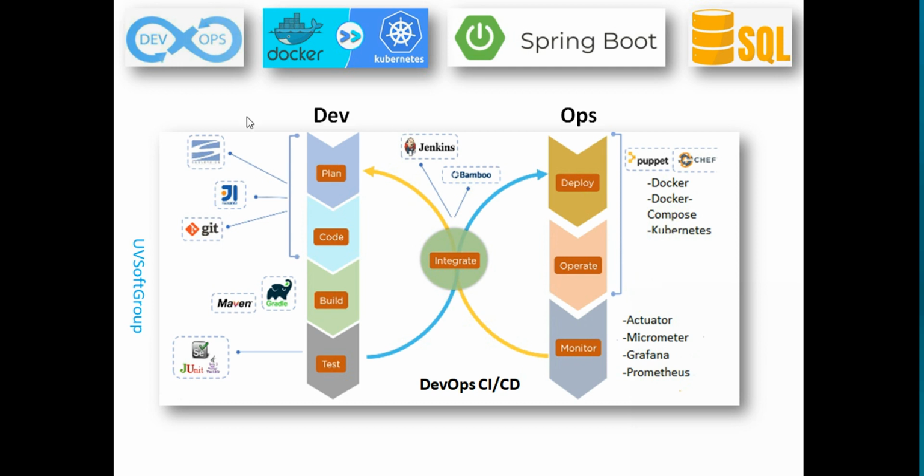This is the part of the CI, continuous integration: you change something, or another person is monitoring, or a client changes the requirements and planning, and then you do the code, build, and test. This is continuous integration. And after your development is done, the request is finished, and you fix it, it goes to deployment, operation, and monitoring. And this is the part of the CD.